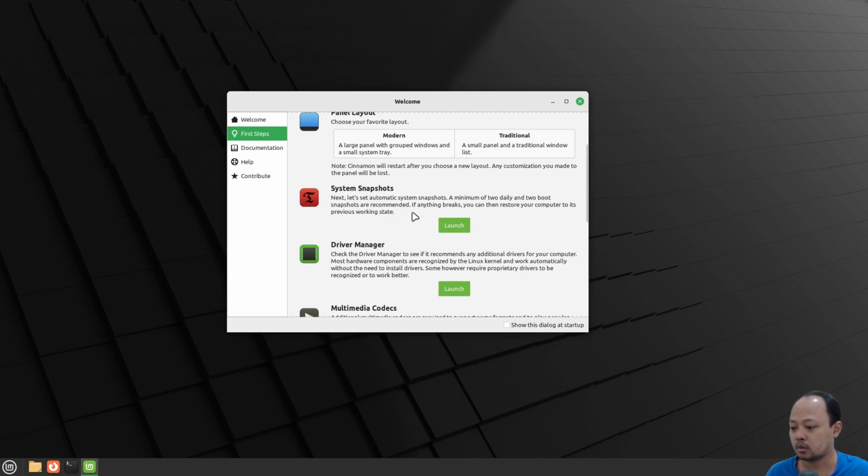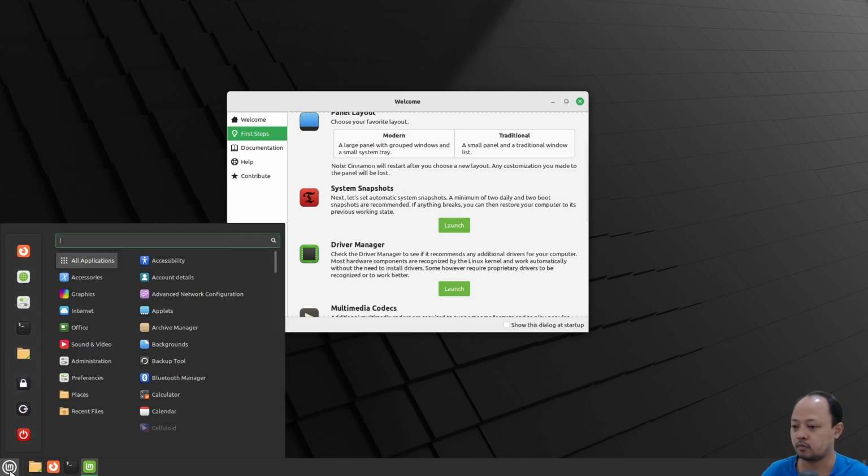Or for example, trying to install new hardware updates, for instance our VGA card driver. Actually, we can find this program, this system snapshots, from the start menu by searching Timeshift.